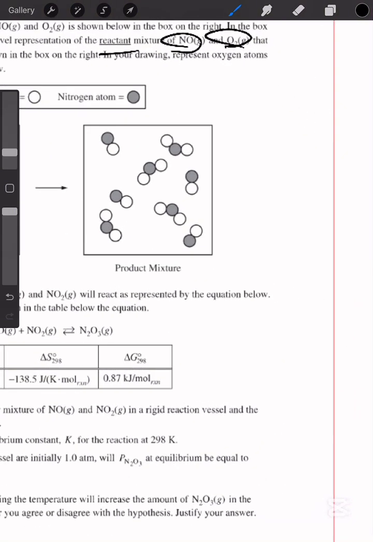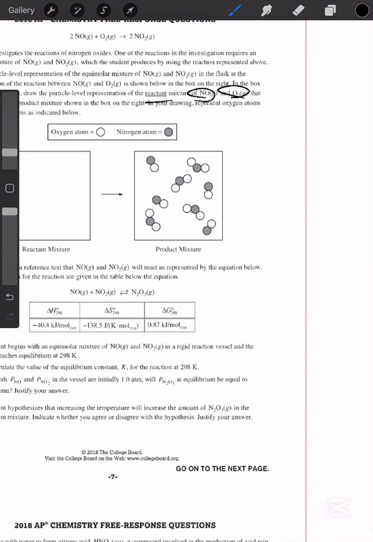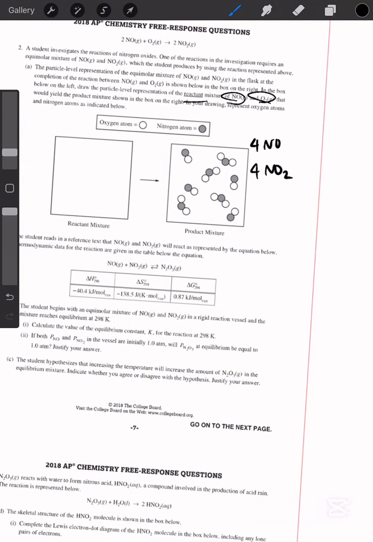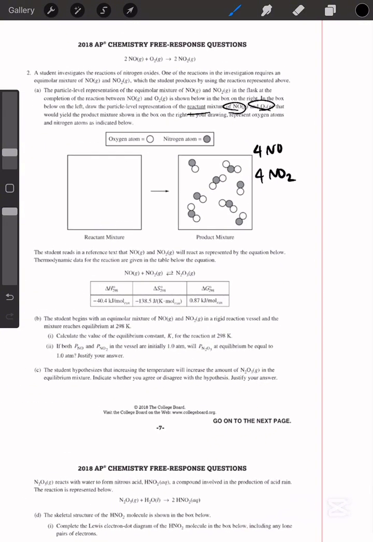Okay, so first of all, you would count the number of products on the product side. So we have 4 NO, and we also have 4 NO2s. And then you would look at the reaction on the top. It's already balanced. And then determine the stoichiometric ratios. Like, for example, you have 4 particles of NO that's still unreacted, and you have 4 moles of NO2 that's